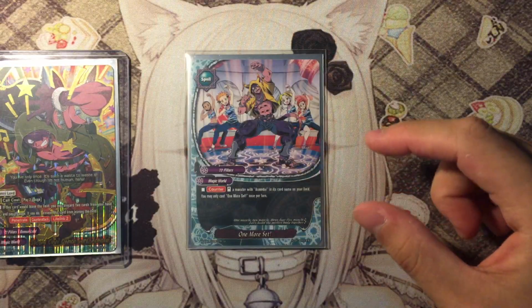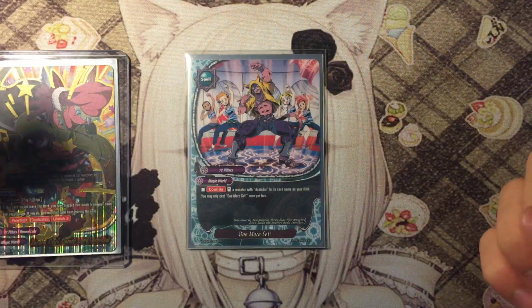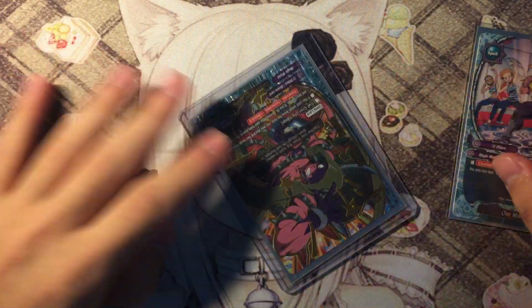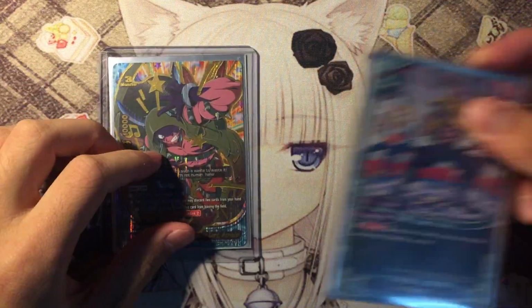Finally, this one tag. This is the one tag card I played in the deck. Counter, stand a monster with Asmodai in the card name. So Omni Die attacks. Alright, one more set. Restand, attack one more time. So it's great because